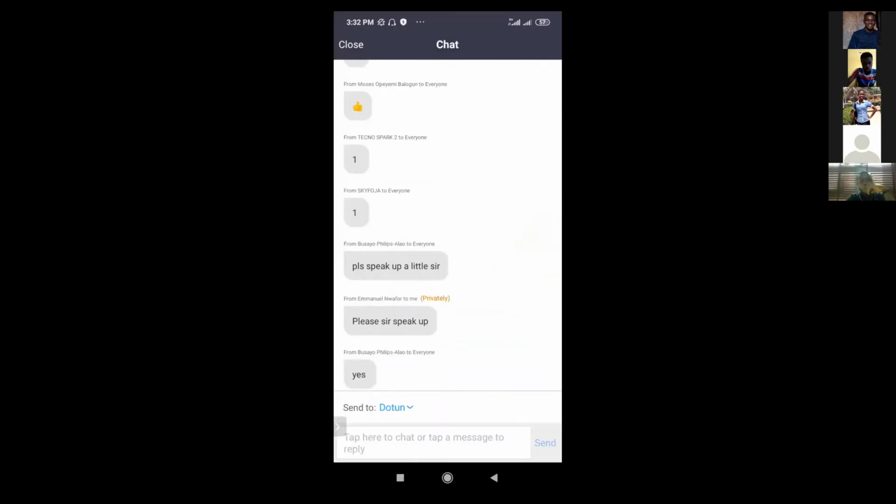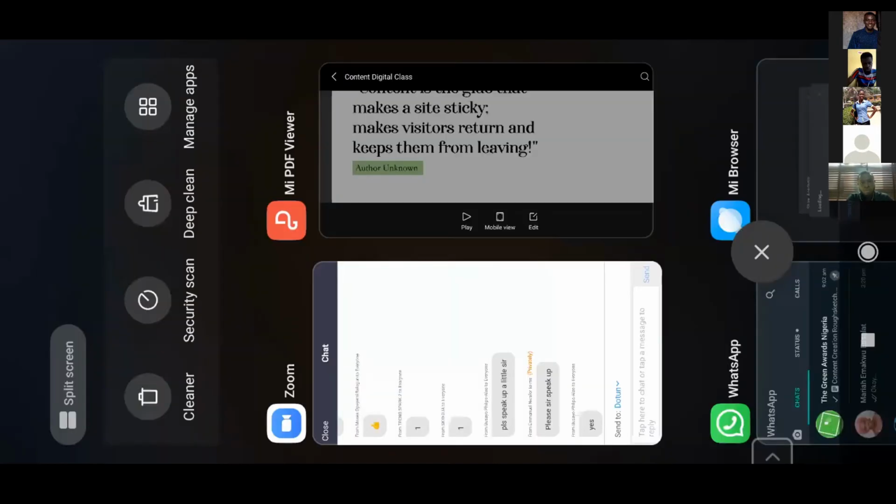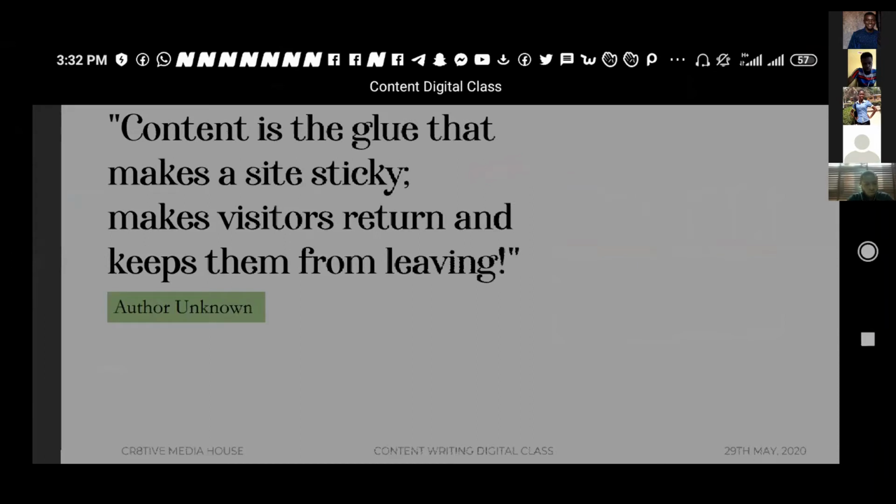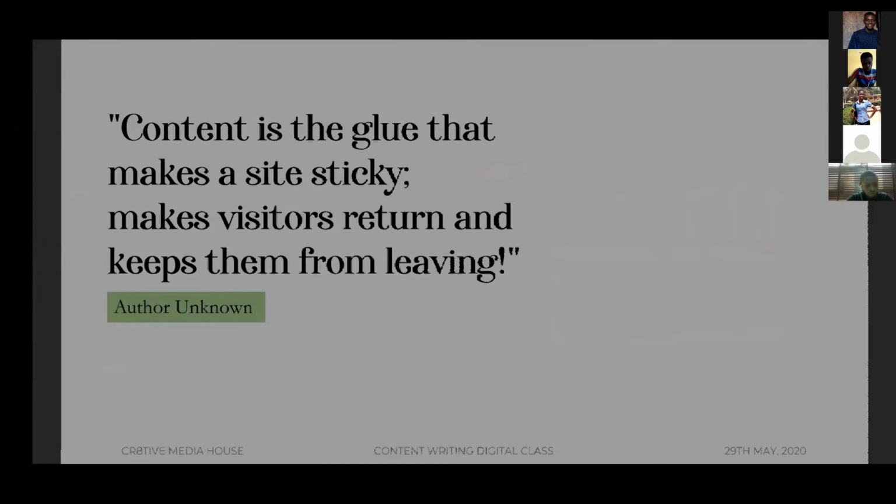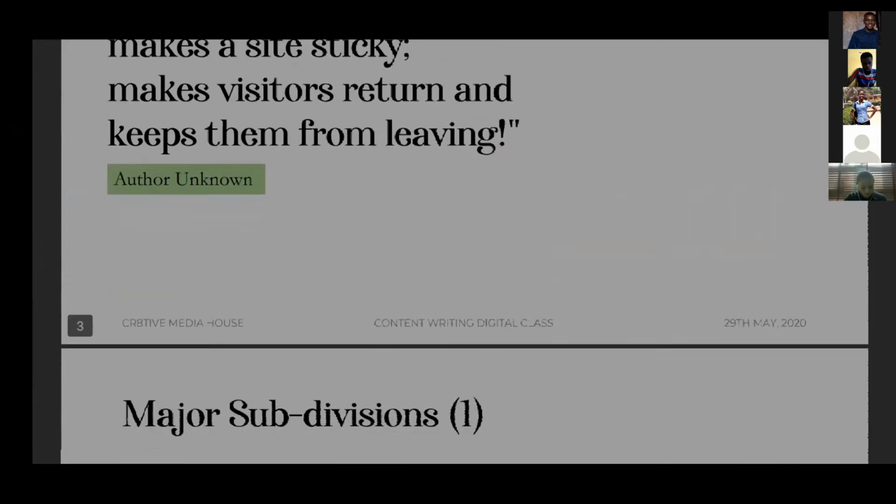So like I was saying, there are several platforms by which we can share our content, and WhatsApp is one of the easiest ways, because a lot of people want to see what people post on their status. If you have very good content that you post on your status and people always want to see, you've already created something that excites people, that people always look out for each time they come online. So that explains that slide.